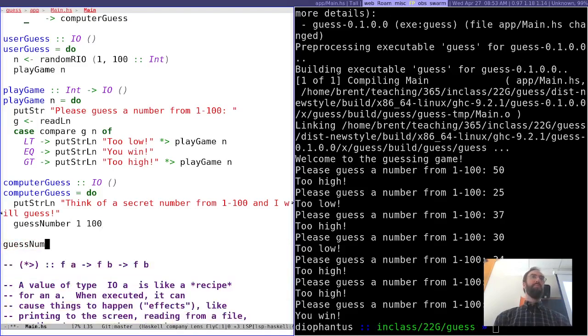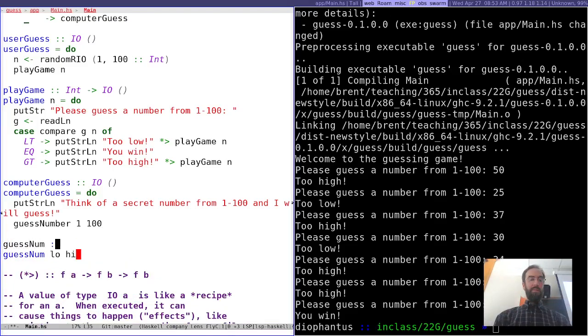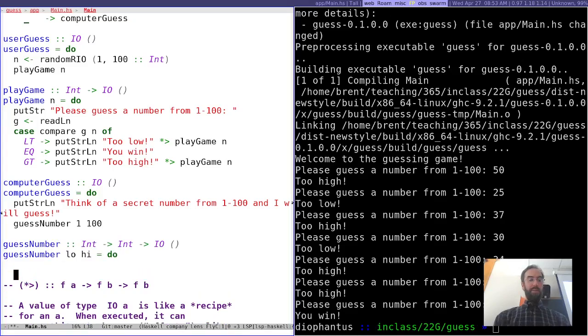make it take two parameters, which is the low and high that we're currently working with, right? So low, high. One guess number, one guess number. Oh, okay. And then, all right, we'll say,